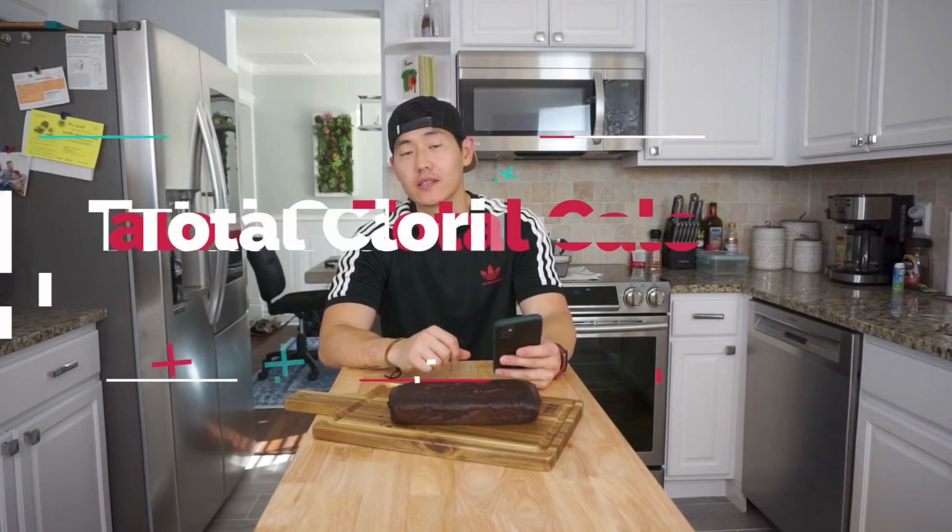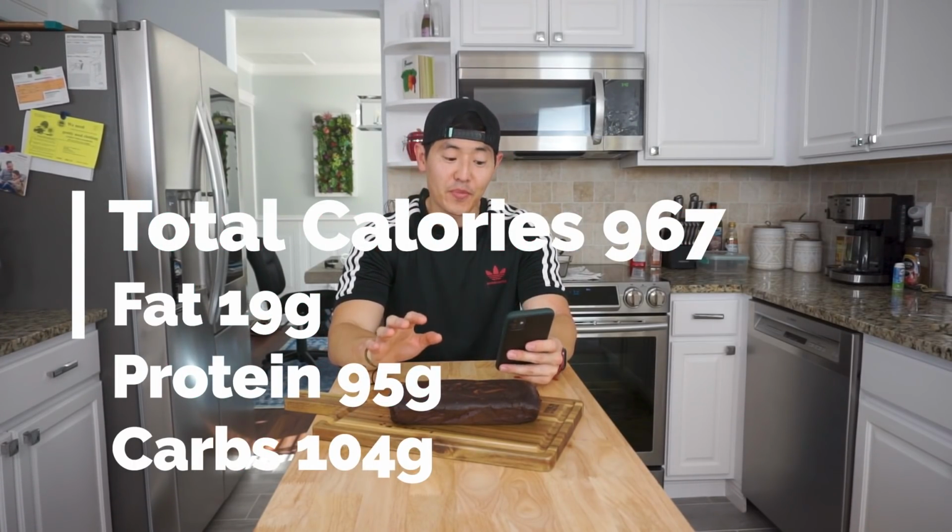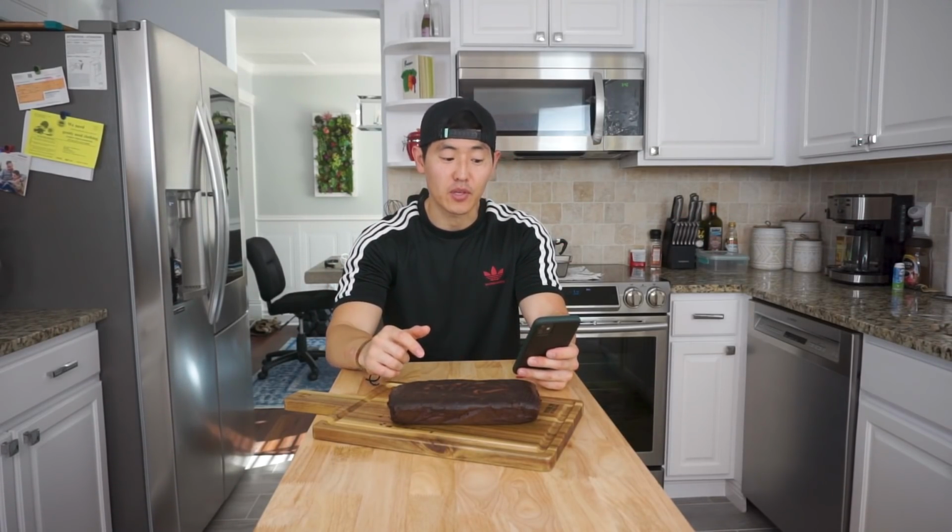So in terms of total calories and macro breakdown for this bad boy right here, we're working with 967 total calories, and that's including the peanut butter that I've added. So in terms of fat, we are working with 19 grams of fat, 95 grams of protein, and 104 grams of carbs. What in the...